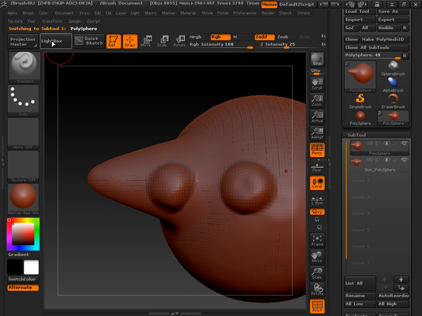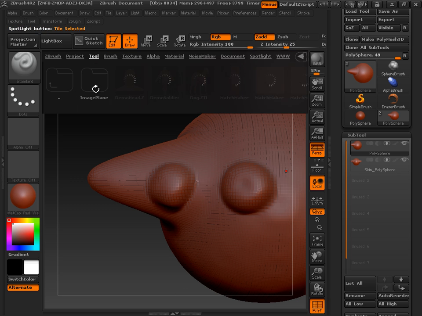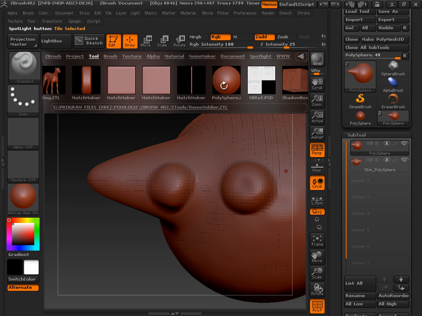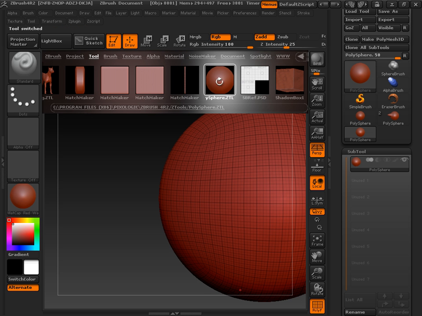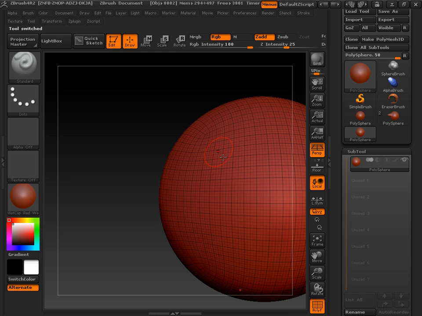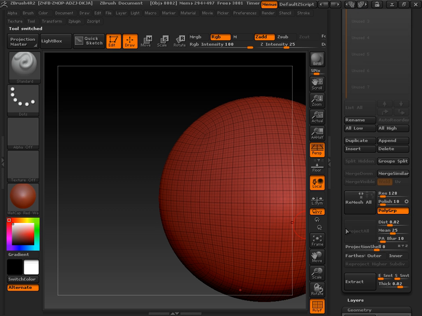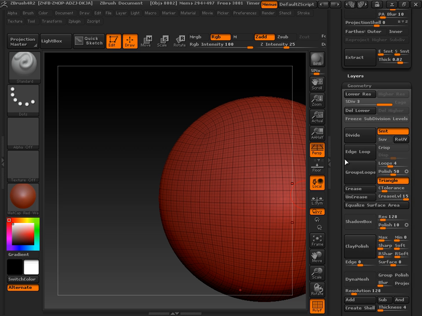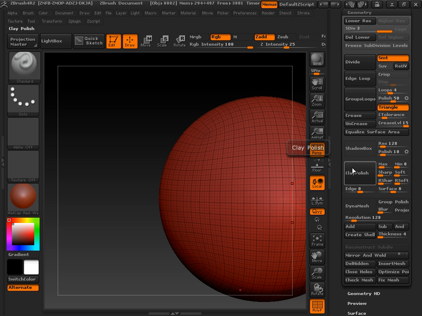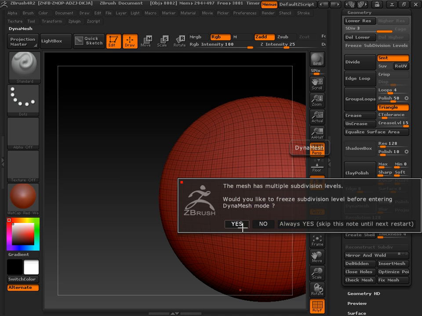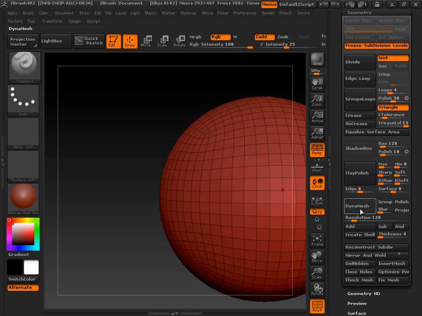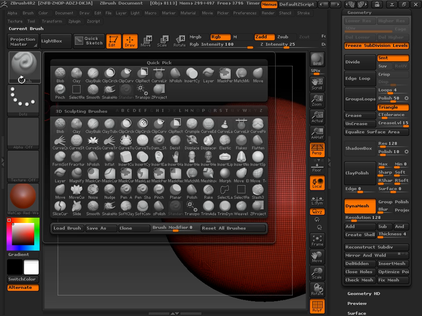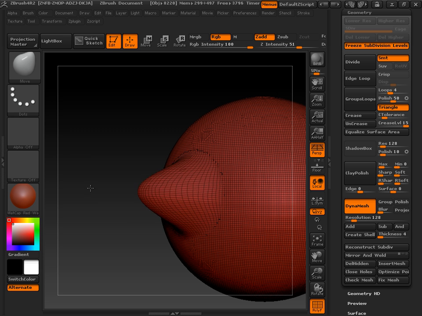Now, let's see what happens now that Dynamesh exists. I'm going to go back to a standard sphere in ZBrush. Let's go into Dynamesh. Hit yes. Click on it one more time, and what happens is I can go to the Move tool, click and drag this out,